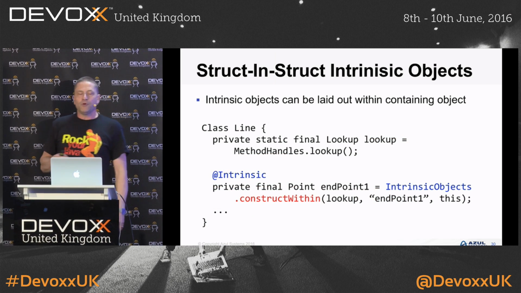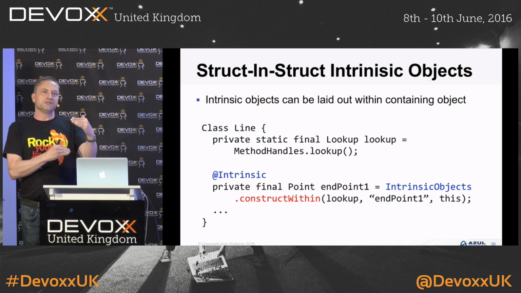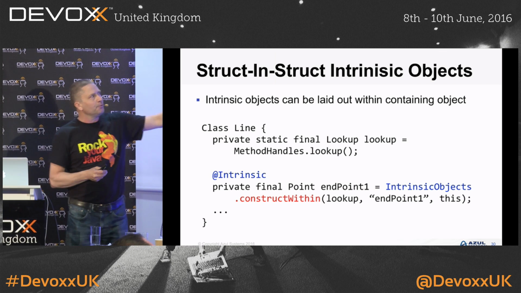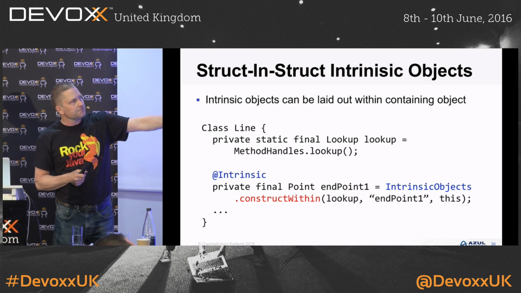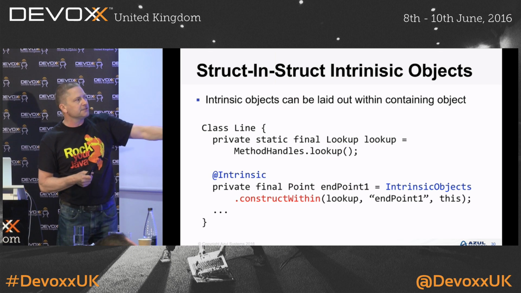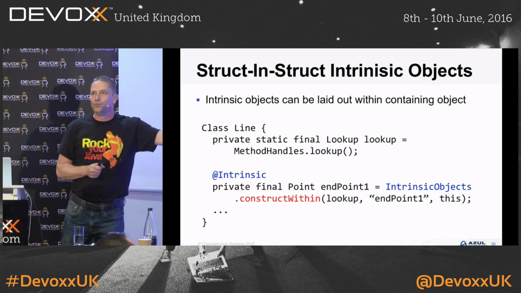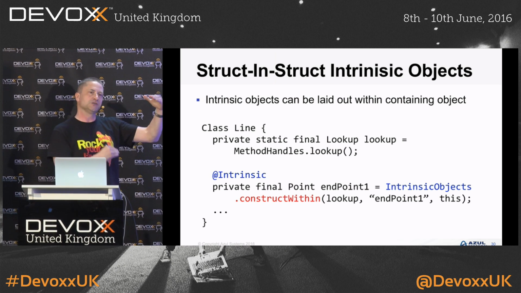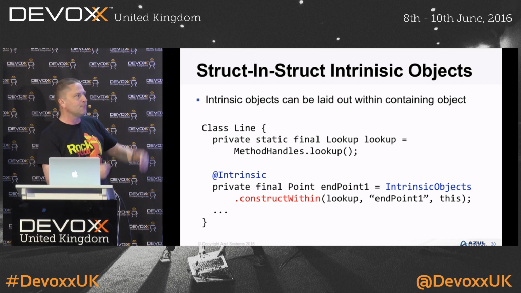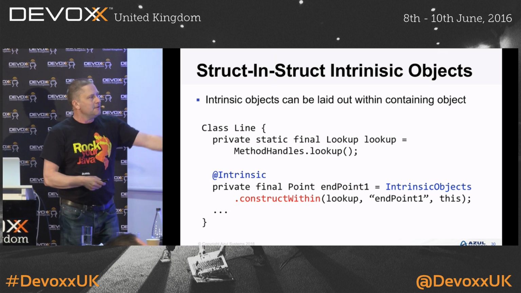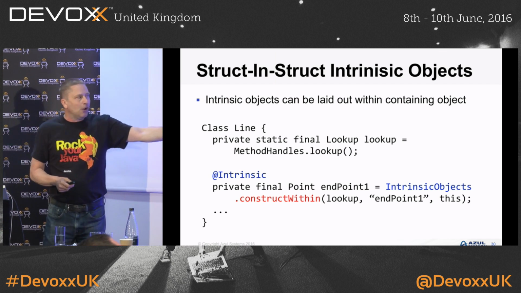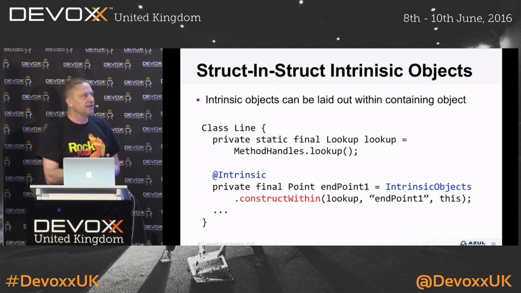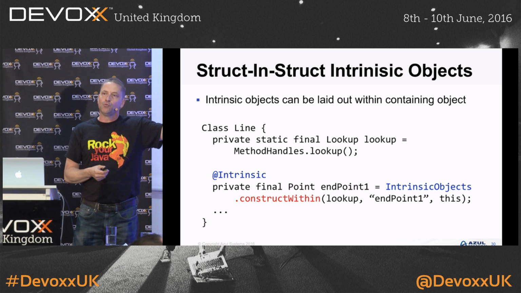So if we want to actually treat this as a single object, we need to write slightly more complex code. Now what we need to do is say that in the case of our line, we're going to create an endpoint, but we'll label it with an annotation saying that it's intrinsic, which means we're going to treat it as part of the same object in essence. And so we create an endpoint, but now we're going to use the intrinsic object, which is another part of the object layout library, and we'll call the constructor within